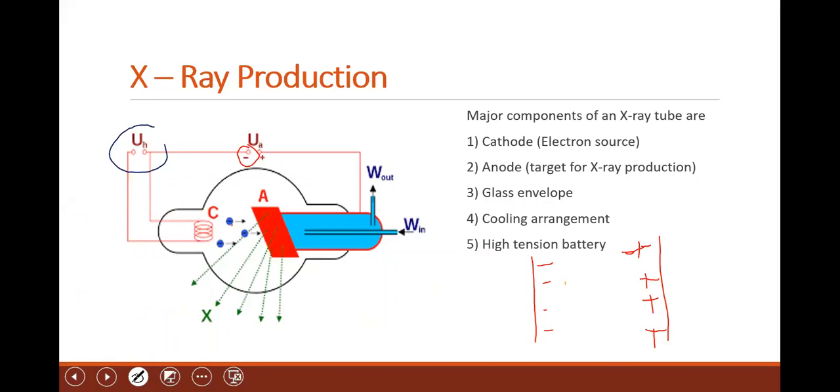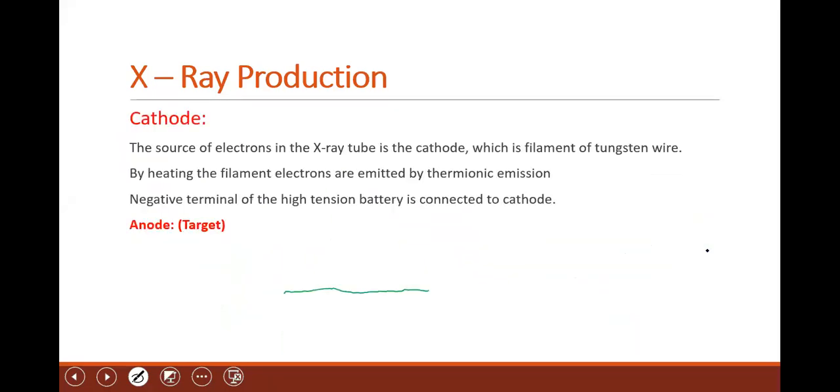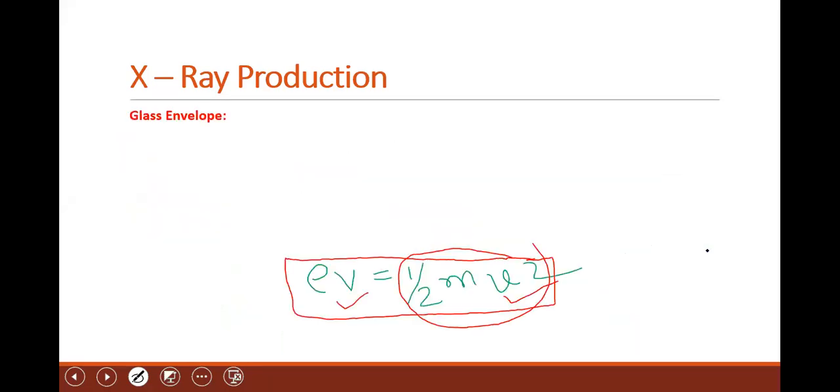This electron gets accelerated. These electrons are attracted towards the positive plate. With what velocity are they moving? It all depends upon the voltage applied. If the voltage is more, then the kinetic energy is also more. If the kinetic energy is more, then the velocity is also more. That's why we are applying